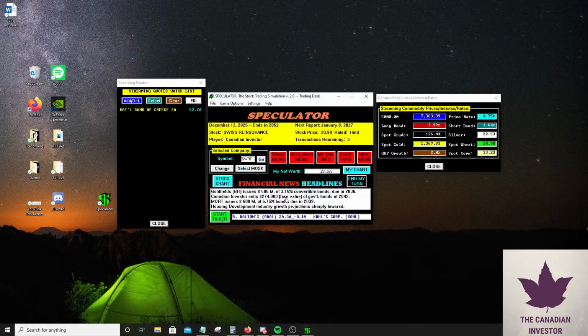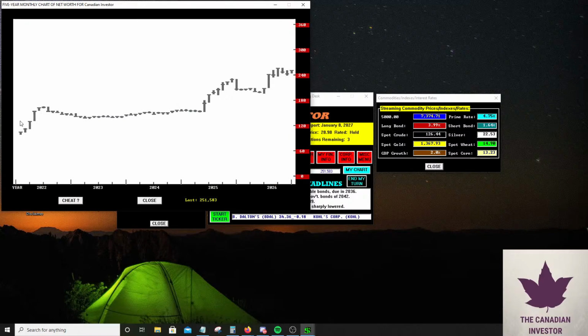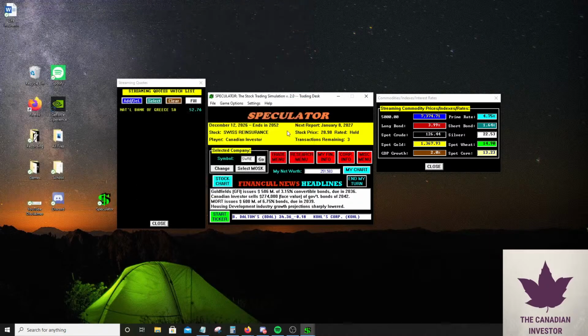Like this is personally why I don't like bonds as much, is because they're a little bit boring. But if you want a bit of extra stability, it might make more sense to do more bonds. But in this case, it's been flat mostly. But we made a bit of money off that bond transaction, borrowing money.